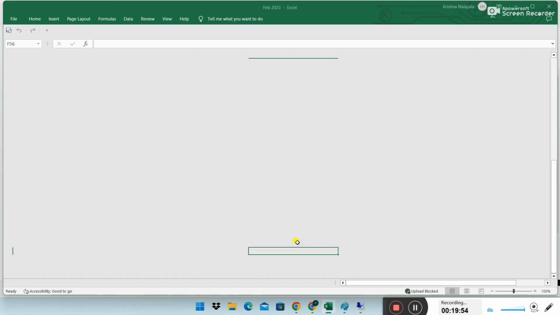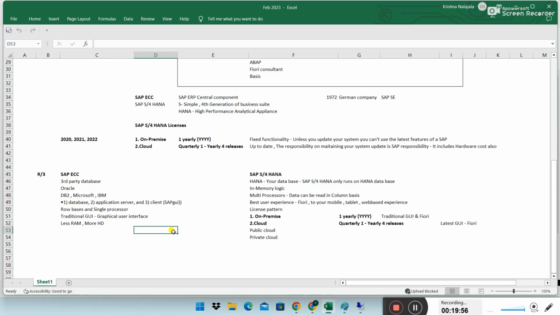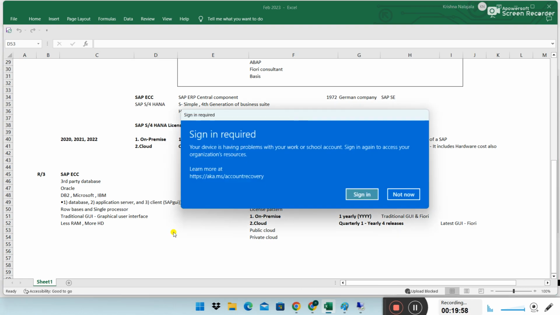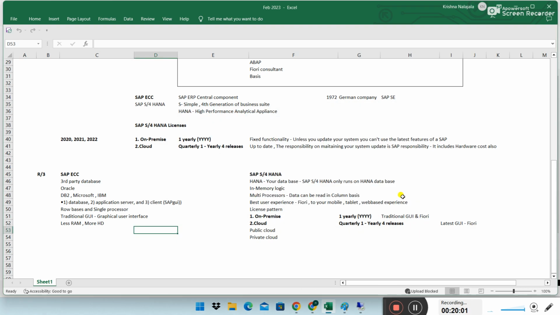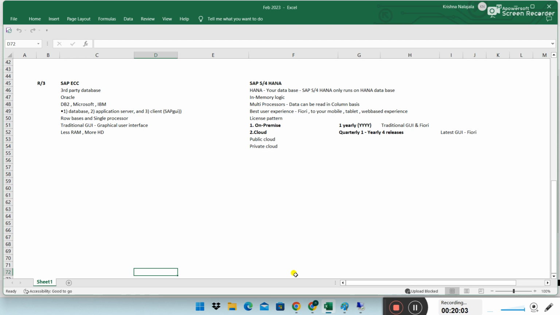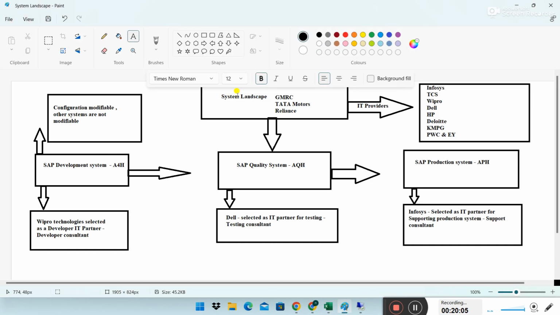Okay? Now let's jump to the topic. Now let's try to understand reality closely. Now, as per the system landscape I have explained,